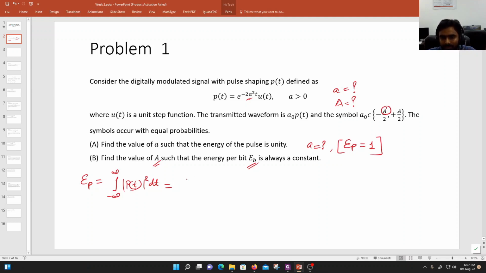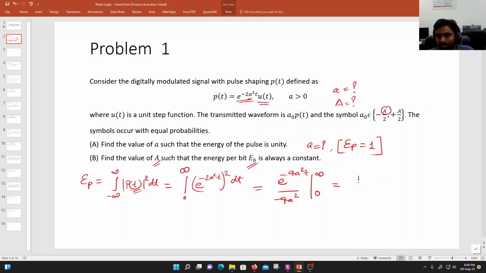Anyone? What is EP? So p(t) is given. Now I am solving this one. So p(t) is e raised to power minus 2a square t, the whole square dt. Integration will be u(t), so the integration limits will be 0 to infinity. And by solving this one, and by putting the limits, we get